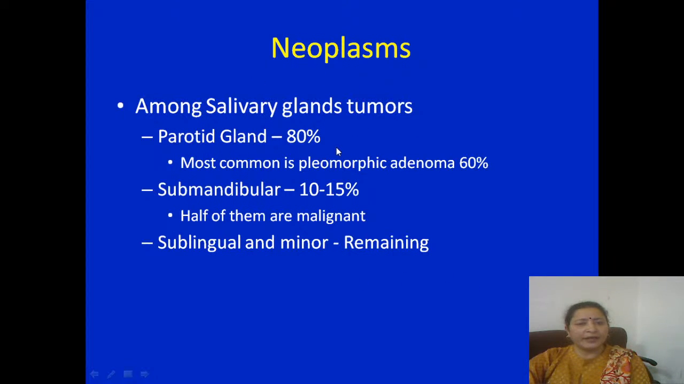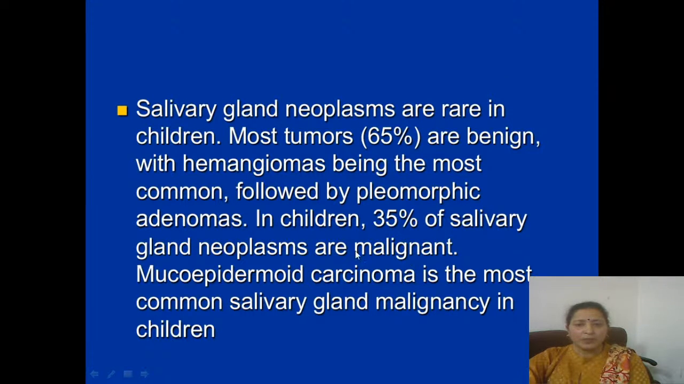And parotid gland, almost 80% of them are seen in parotid glands, as against 10 to 15% in submandibular gland. Sublingual and minor glands take the remaining percentage. The commonest in the parotid gland is the pleomorphic adenoma, almost 60%, and in the submandibular, almost 50% of them are malignant. And we know that